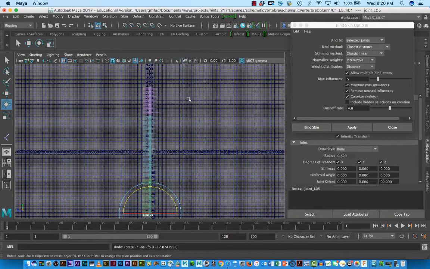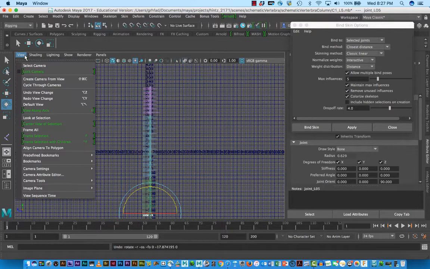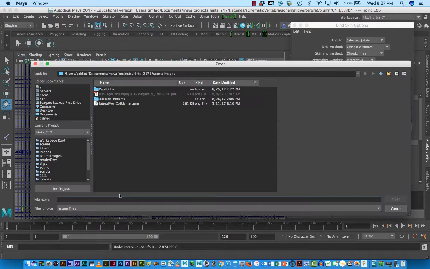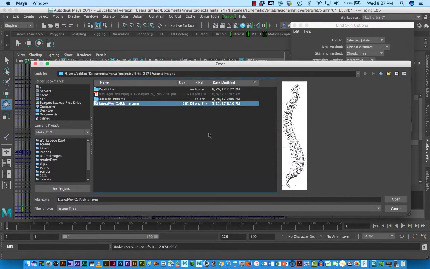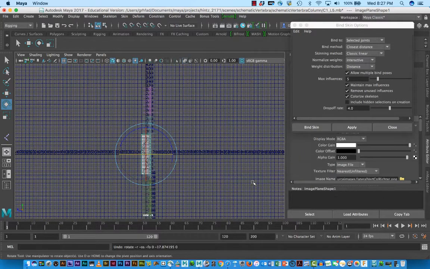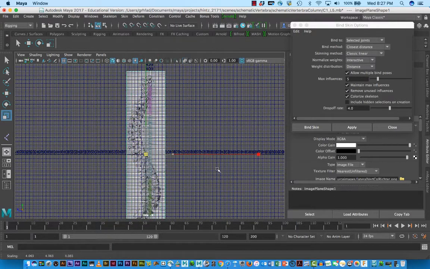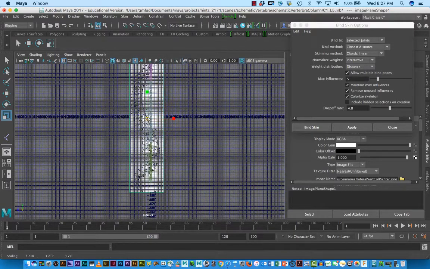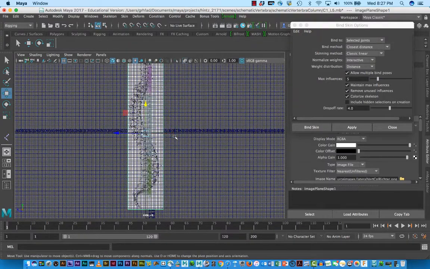So what I'm going to do is bring up this side view, or lateral view if you will, go to image plane, import an image, and I have a PNG file already here. It's facing the wrong way and it's not scaled correctly, so I'm going to roughly scale it, and then I'm going to move it over a little bit